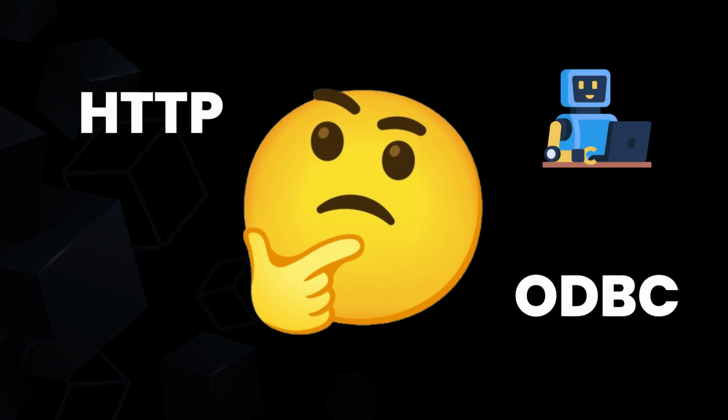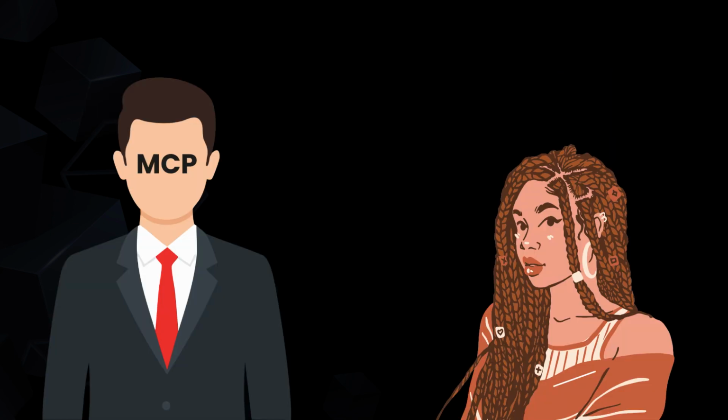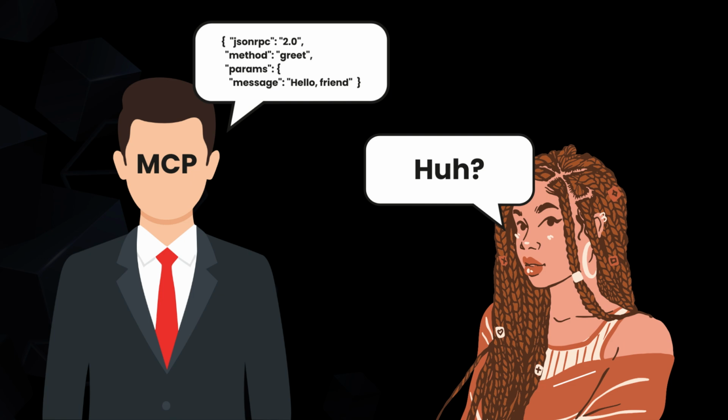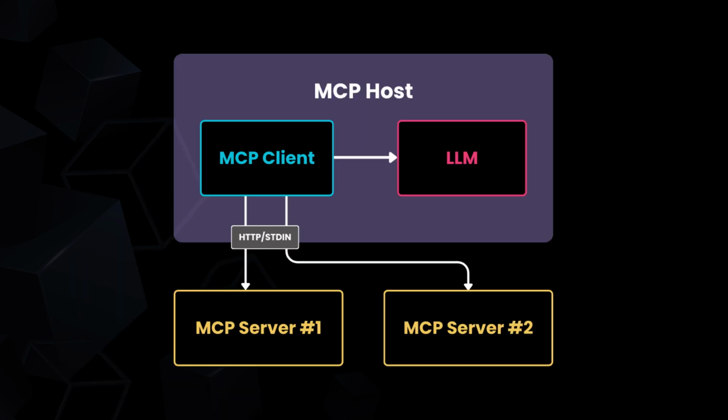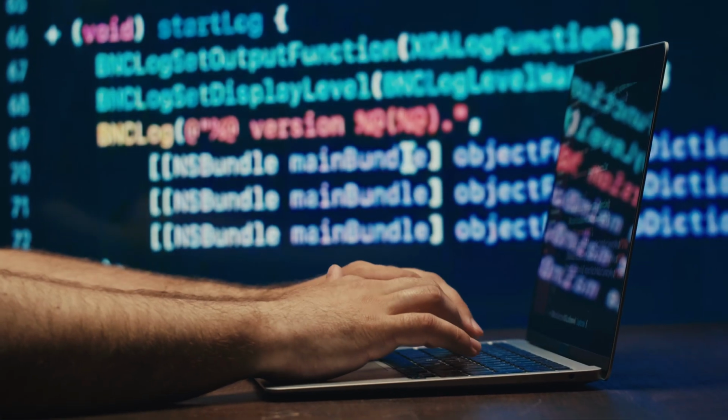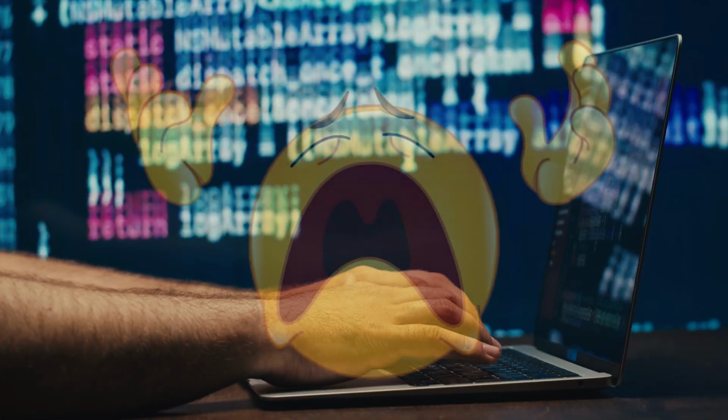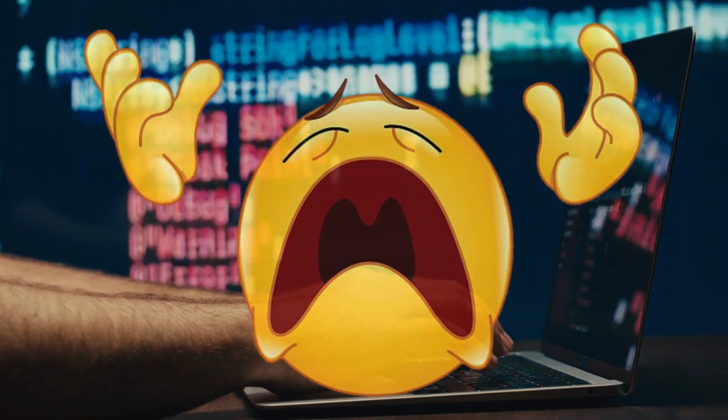Think of it as HTTP or ODBC, but for AI agents and their toolboxes. It speaks JSON-RPC over the wire, so your agent never cares how the tool works, only that it does. MCP defines a shared interface. The agent, the client, speaks MCP, and the tool, the server, declares what services it offers. Swap tools like USB sticks. No code rewrites needed. Finally, no more late-night debugging marathons because you forgot which endpoint returns a string instead of